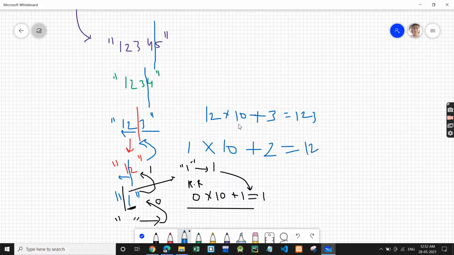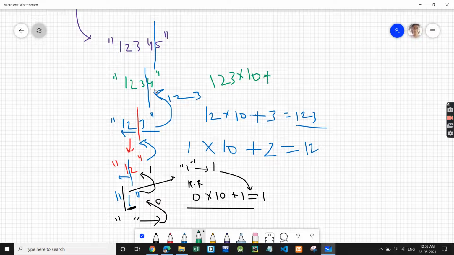So in this way you will see every time we just need to multiply by 10, whatever the recursion result is. So now recursion result is 123. This will be returned. 123 will be returned, right? Then what will happen is 123 is the recursion result multiplied by 10 plus this 4. So this will give you 1234.